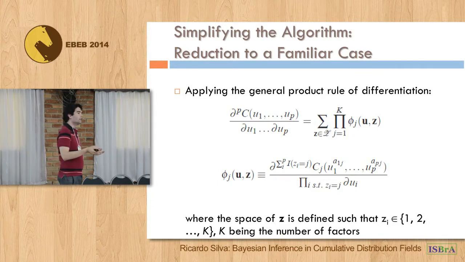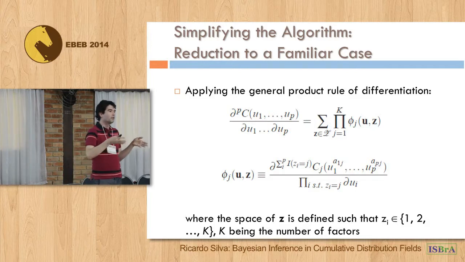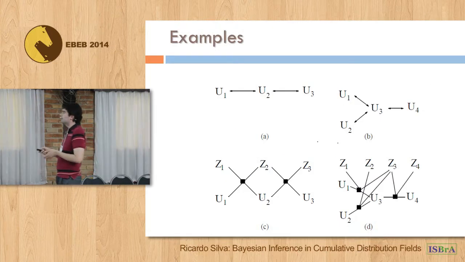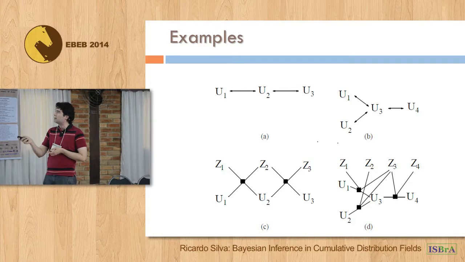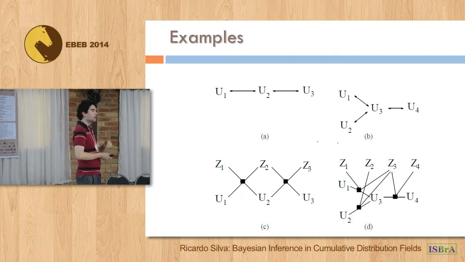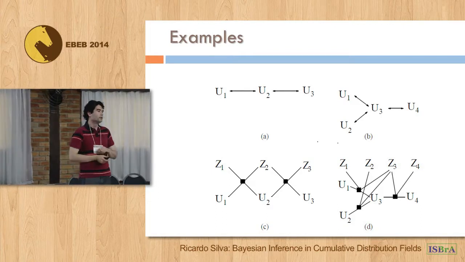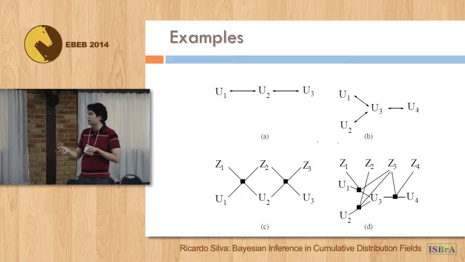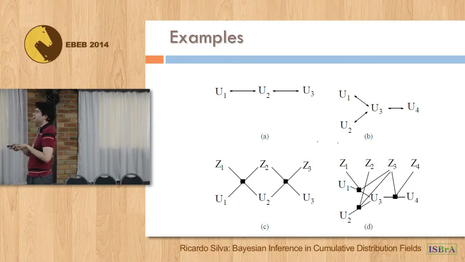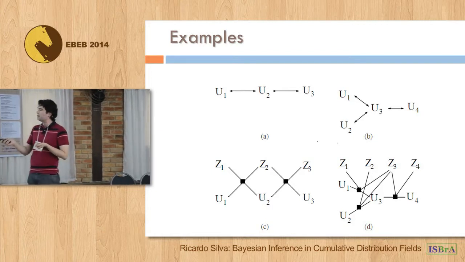So what you have here is some sort of marginal of a latent variable model. You can write this in some sort of augmented space where you augment your original representation with indicators that tell you, with respect to each factor, which variable is being differentiated. So to calculate the density function, or the mass function, of these variables, just sum over